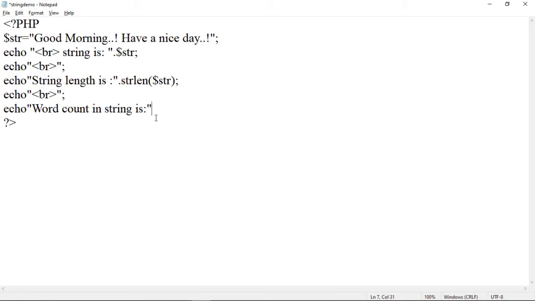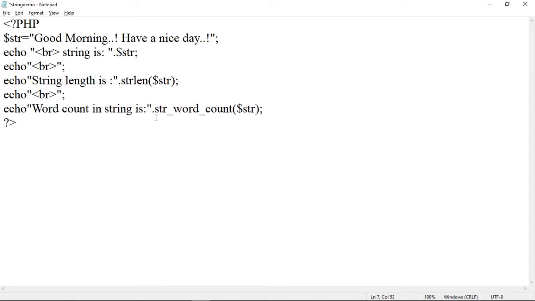Here to concatenate with this we have to use a dot operator. So dot, after that the function used is str_word_count, and in brackets the variable of which we want to find the word count is $str.